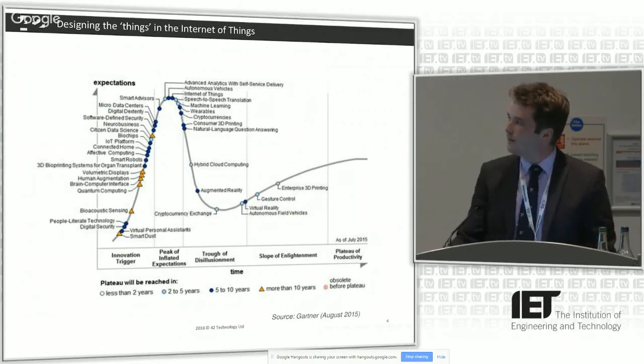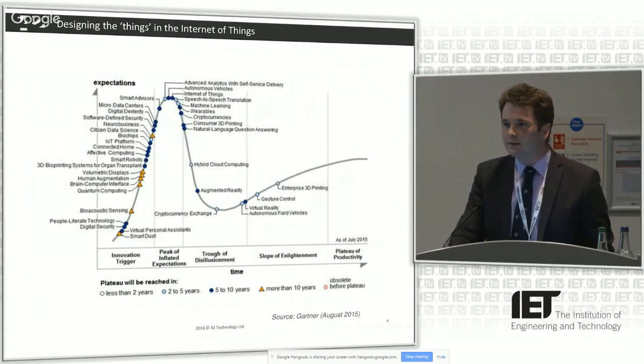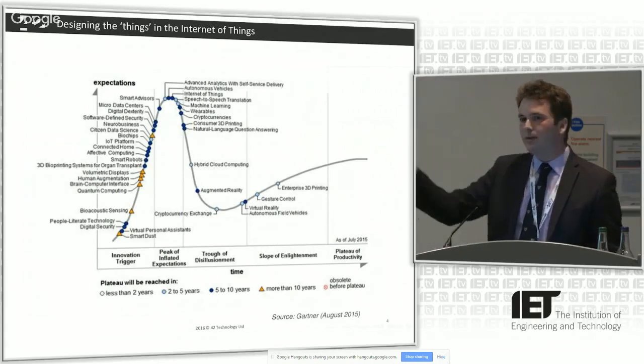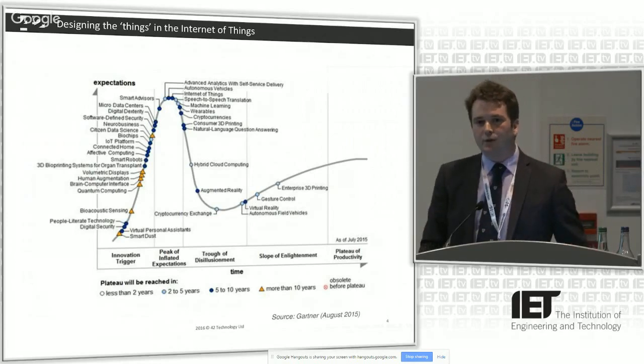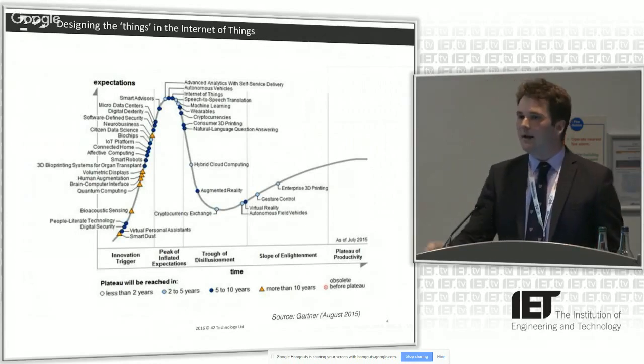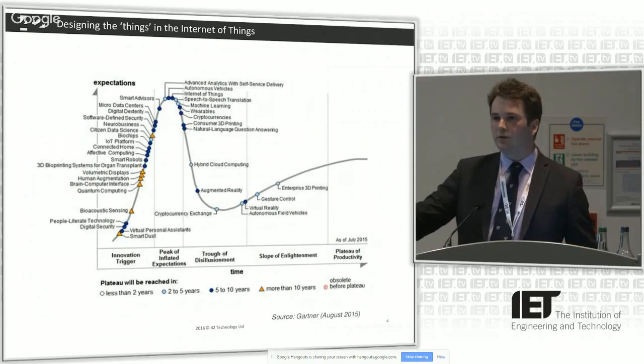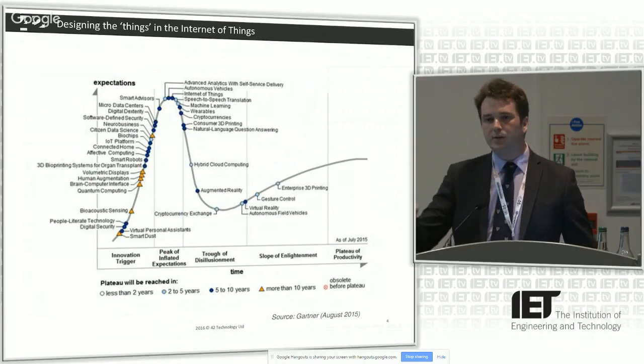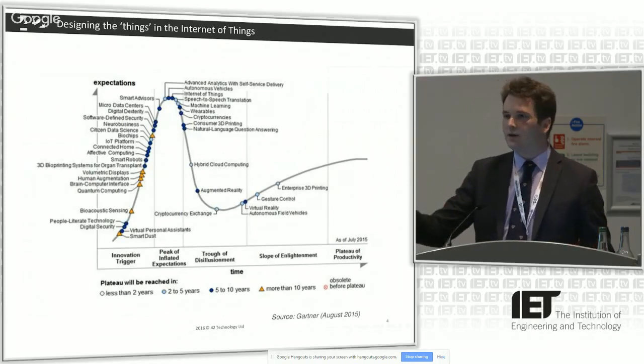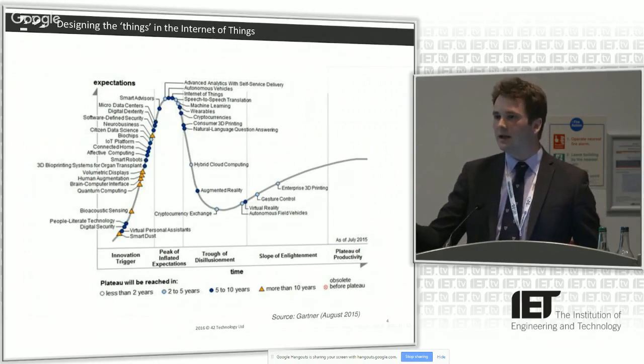Now, Internet of Things and connected home, I believe that's round about the peak of inflated expectations. What's going to happen is, in the next couple of years, we're going to hit a trough of disillusionment. Everyone's going to realize how hard this sort of thing is. And for a while, it'll just lie in the doldrums. But then we'll start to find applications where it works. We'll find applications where connected devices do make sense.